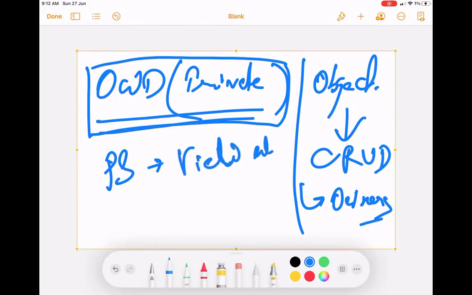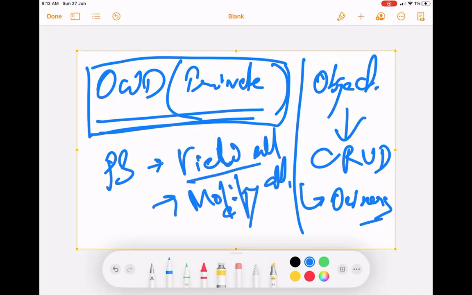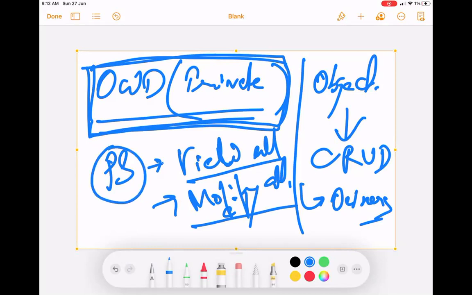We talked about it. Yes, sir. View all and modify all. Yeah, correct. Absolutely. So if you give view all and modify all, then you can see records which you do not own. And these view all and modify all permissions can be given to permission sets or profiles. Right? So this is one way of bypassing OWD.